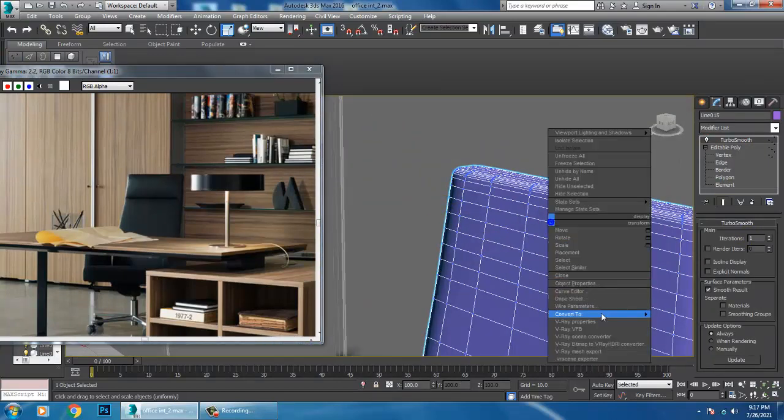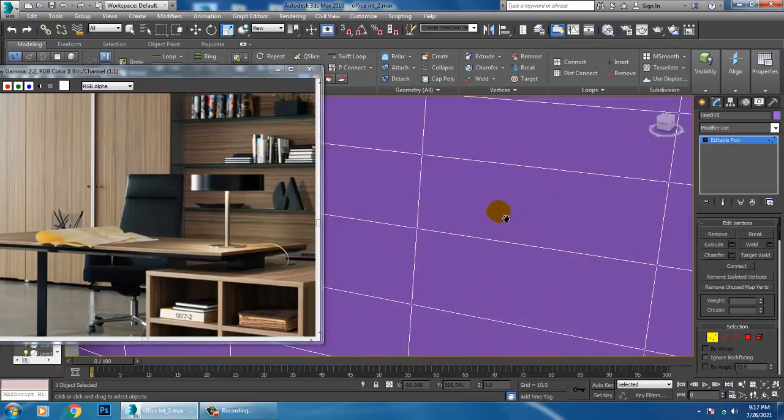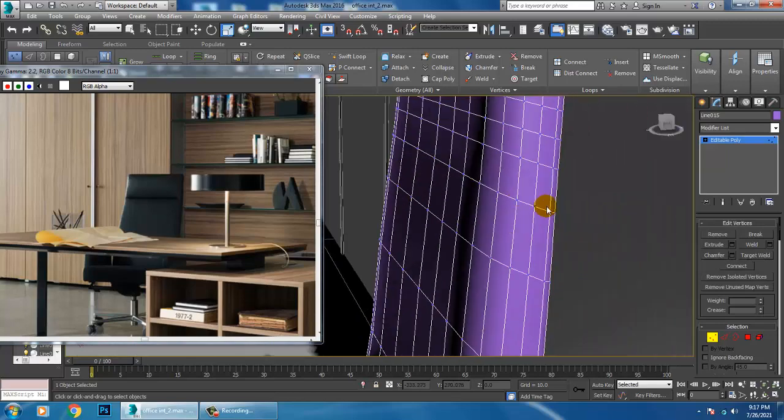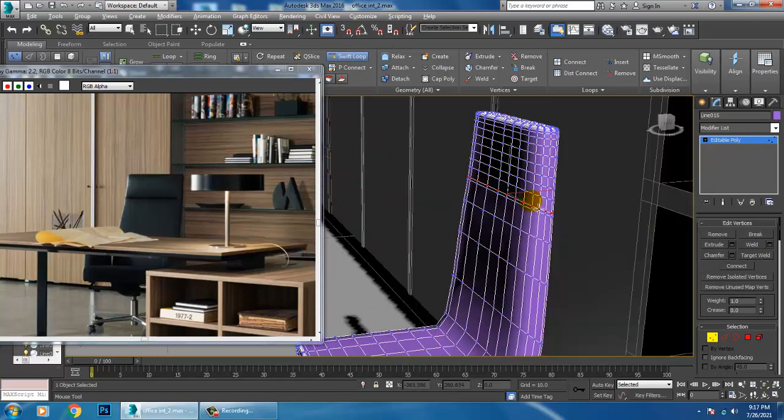So convert to editable poly. Select the vertices and let's put one loop over here also.